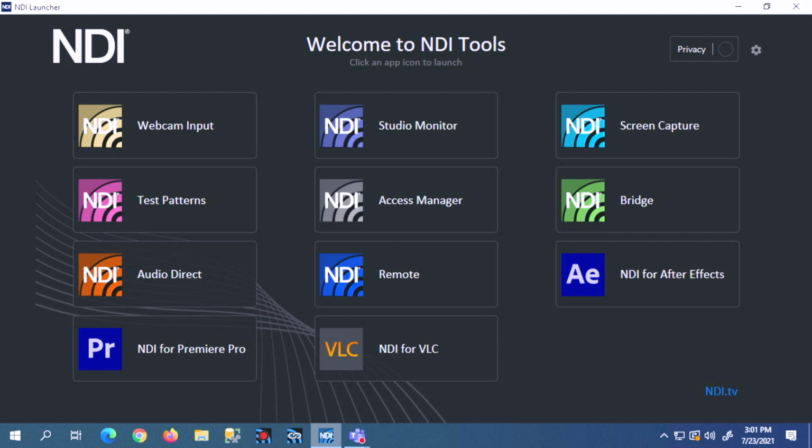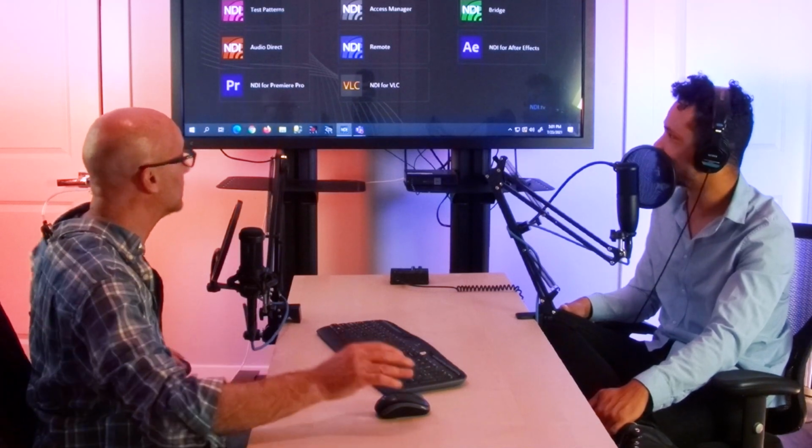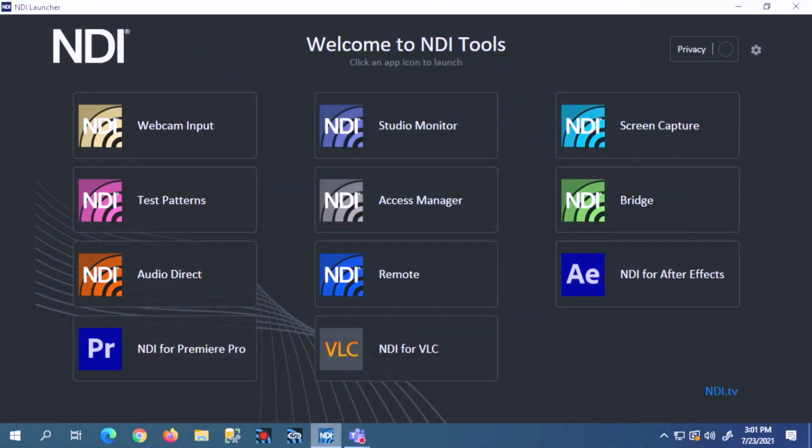The launch pad is, I was just mentioning to Rick, I love this because I don't have to go hunting through the, what did they name that tool? Was it screen capture? Was it studio monitor? It's just easy. Have the bridge or the tools up in the background all the time. And it's really easy to pick and launch directly from here. I like this a lot. I think it's the single most simple improvement in the NDI platform, because now we can launch our apps right from here.